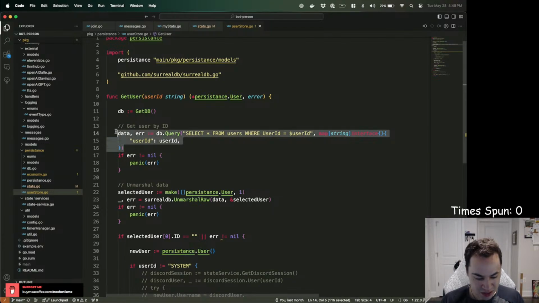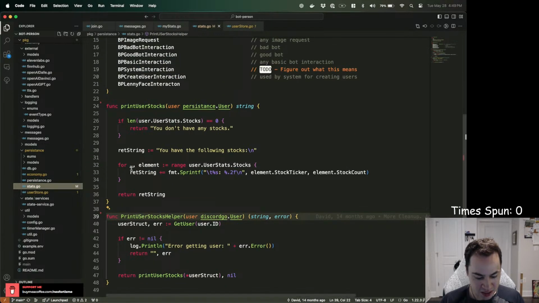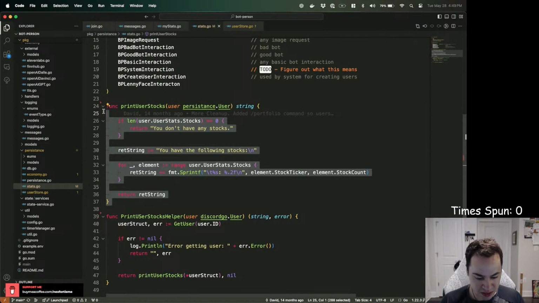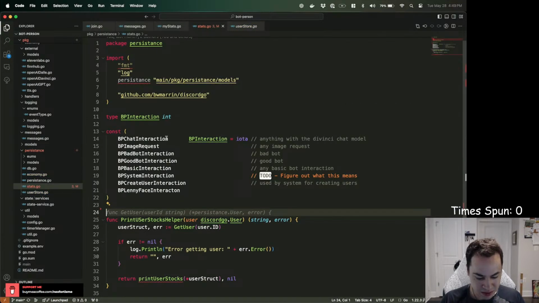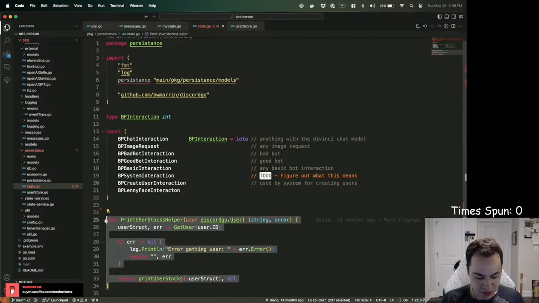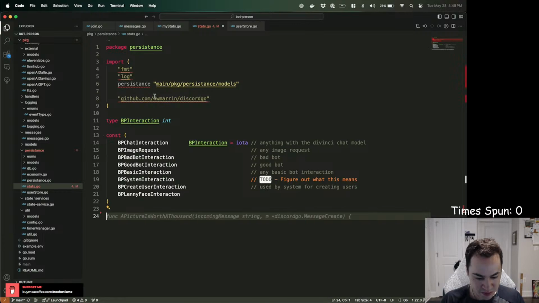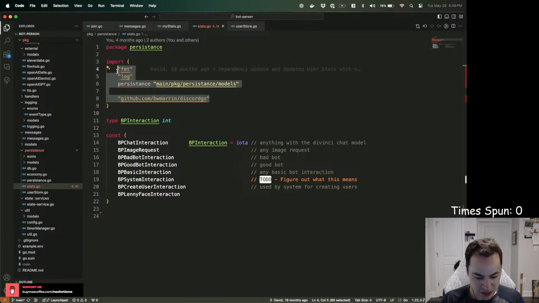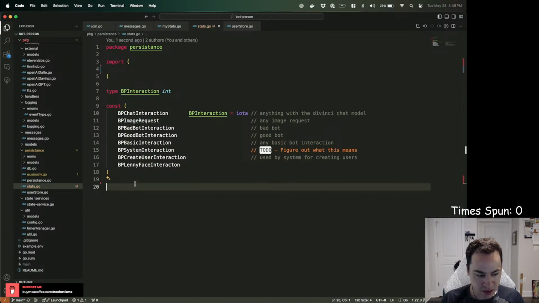So here we're gonna gut the stats because we don't really use them anymore. This is gonna complain. Okay. Func get my stats, or get user stats. User ID, and then it's